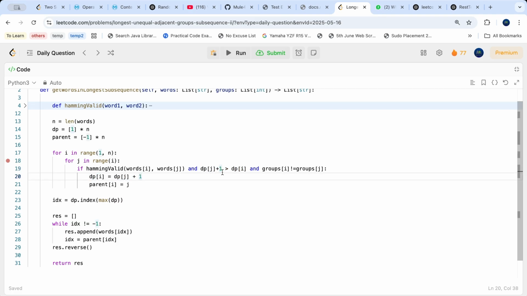If it is true, then I will say dp of I is equal to dp of j plus 1. Why plus 1? Because we got another word in our dp of j. And then we set the parent of our current word I equal to j. And this is all we need to do to create our dp and parent table. Then we find out what is the index at which my maximum dp element is at. So we first find out what is the max of dp, and then we check for the index,